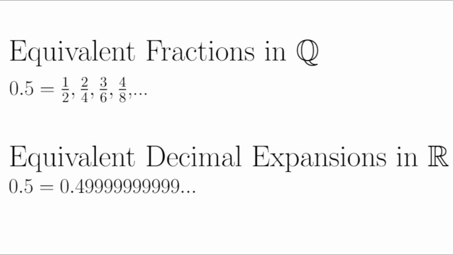Now, it's important to note that some surreal numbers can have more than one form. In fact, surreal numbers are the equivalence classes of the forms. This is also a property of the rational numbers, which are numbers that can be expressed as the ratio of two integers. For example, the rational number 0.5 can be expressed as 1/2, but also as 2/4, 3/6, 4/8, and so on. In fact, every rational number can be written as an infinite number of equivalent fractions. The surreal numbers have a similar property. A surreal number may be expressed by different forms.